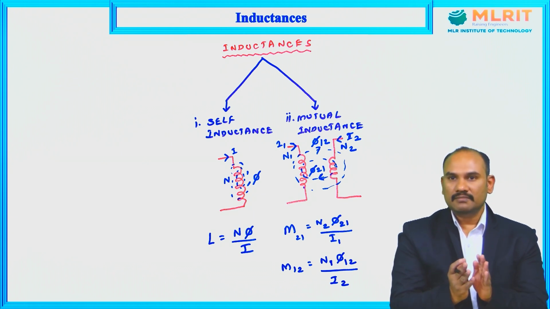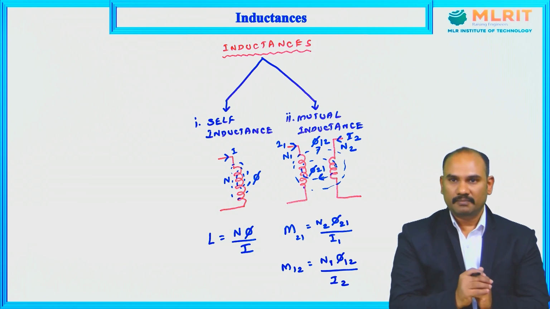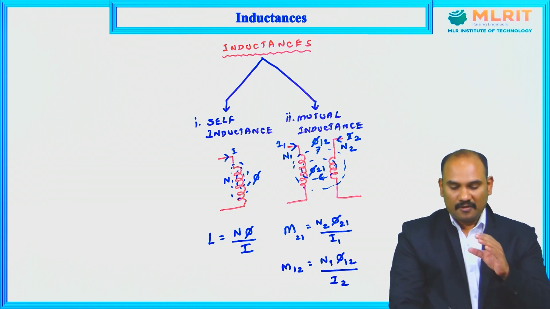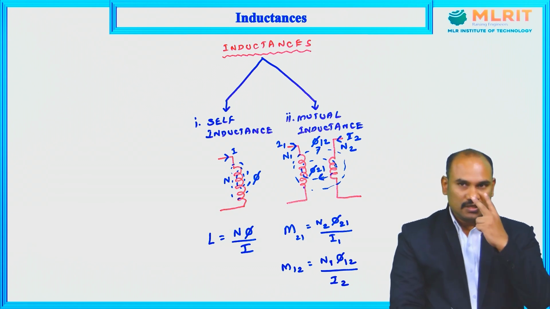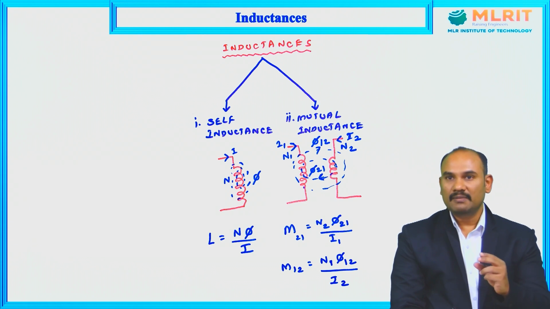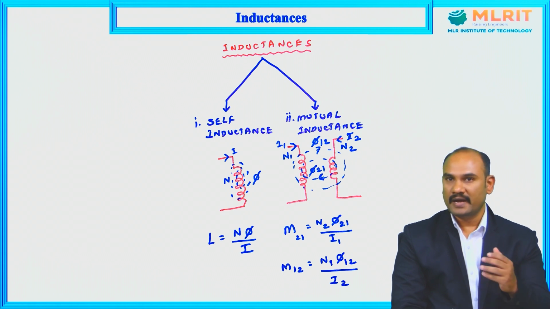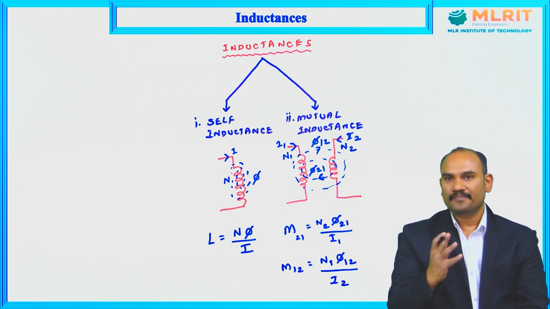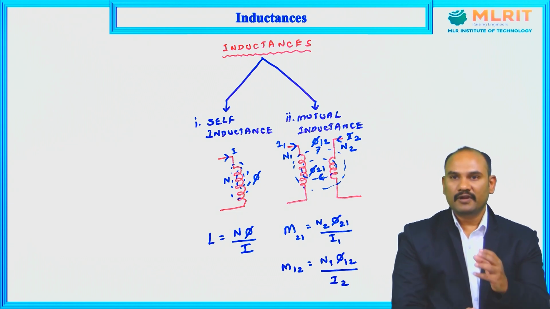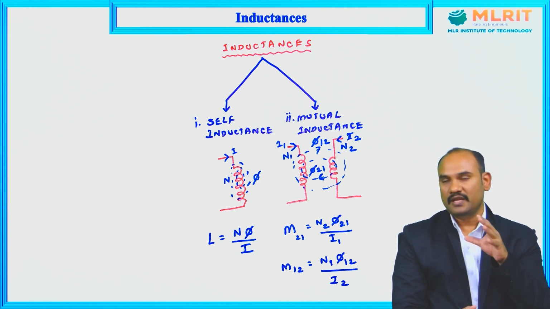Alternatively, I use the terms magnetic field and magnetic flux because magnetic field cannot be visually seen with our eyes. However, it can be represented in the form of magnetic lines of force. That bunch of lines of force, we say as magnetic flux. So don't get confused when I use the terms alternatively, magnetic field and magnetic flux. Magnetic flux is a form of representing the magnetic field. Magnetic field is one which cannot be visually seen but can be experienced.